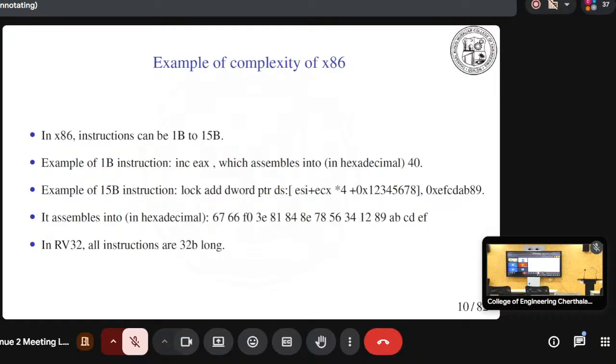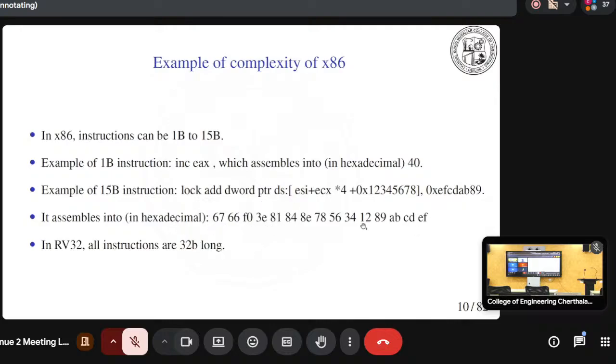So if I can lead you through the complexity of each processor. In an x86 processor, instruction units are flexible, each instruction varying in length. The x86 processor is E8, whereas a 50-bit instruction is this much, you cannot even read that. And when it is assembled, it goes into hexadecimal.